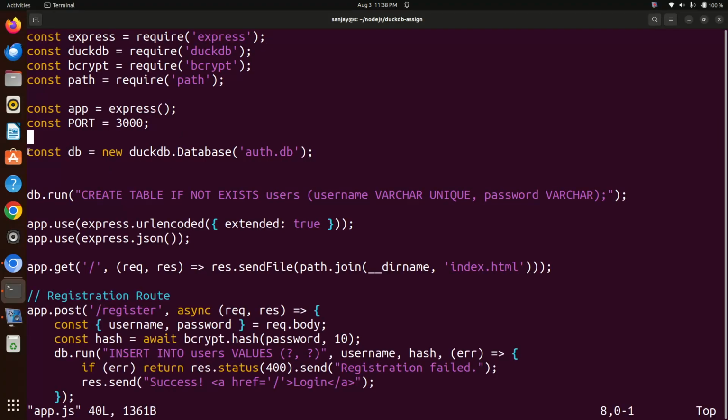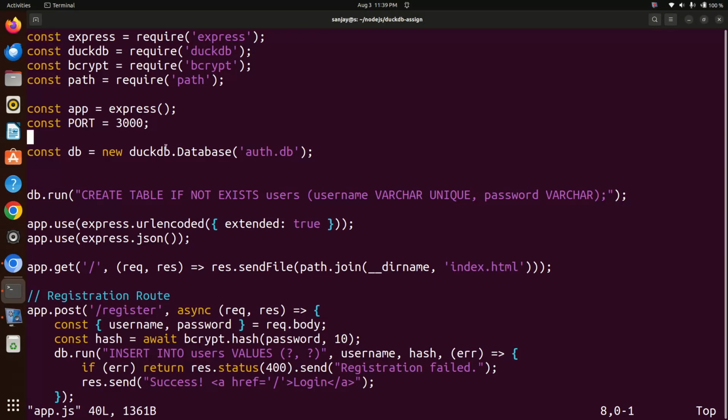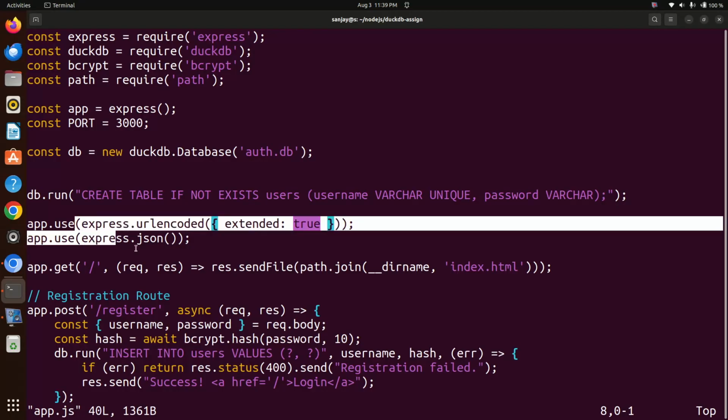We can see here, this part is for DuckDB database. You might have observed that it is only written in the file. Just as I told you, here there is no URL, no port number, nothing. It runs create table. Okay, urlencoded true, that means I can enter new values, because this body parser middleware is used, inbuilt middleware, and these both are inbuilt middleware, and sendFile path index.html,